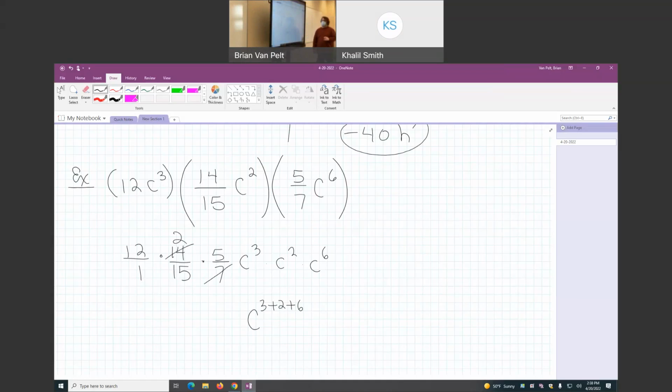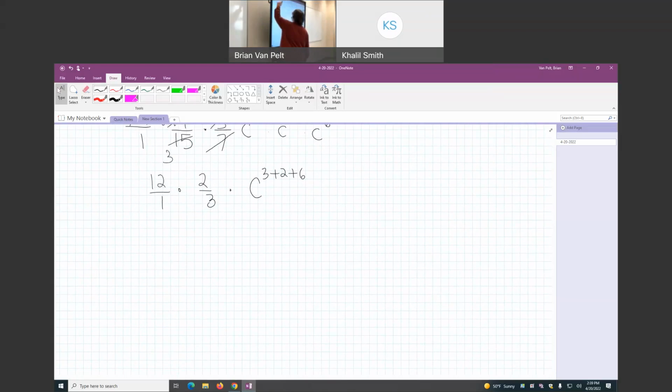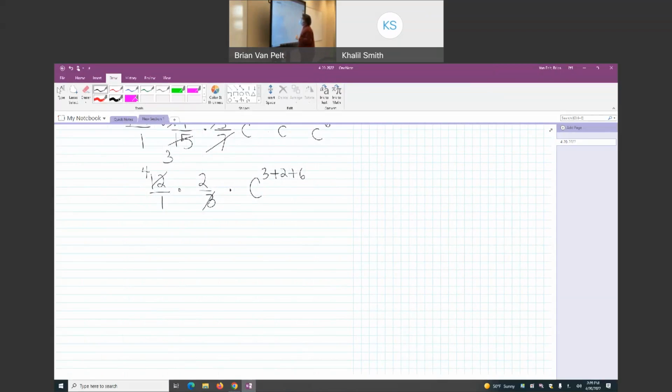Yeah. We do this, we can cancel 1, third. But there's even more, you're not even done yet. Oh. 2. 12 will wipe out that 3 once. So that 3 will go into 12 4 times. And what do we have then left of the numbers? 8 C to the